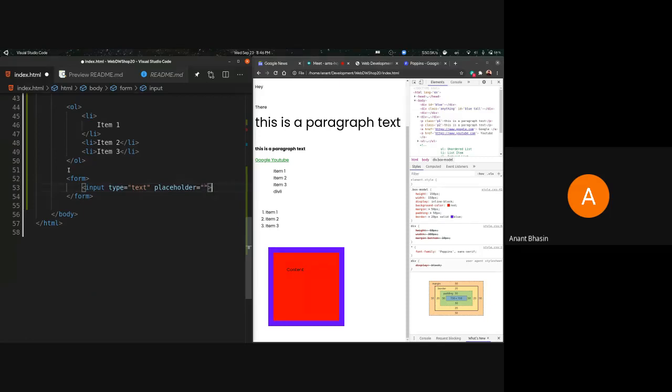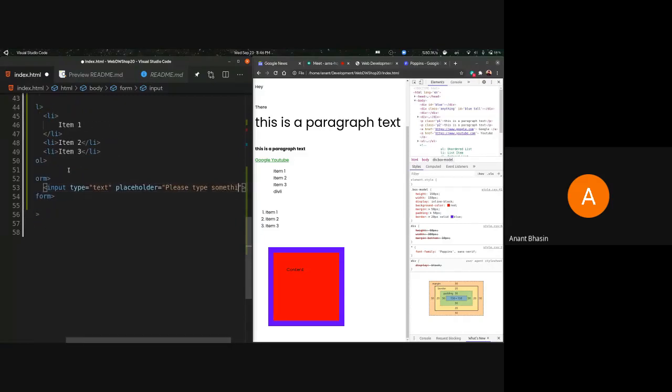Now you see the input element also does not need closing. If I try to close something over here, it's directly giving me the form element. The input element does not need any closing because it cannot actually contain anything inside of it. It conveys a special meaning, and the browser renders the input element and does not check if anything's inside of it. We're going to give this a placeholder of please type something here.